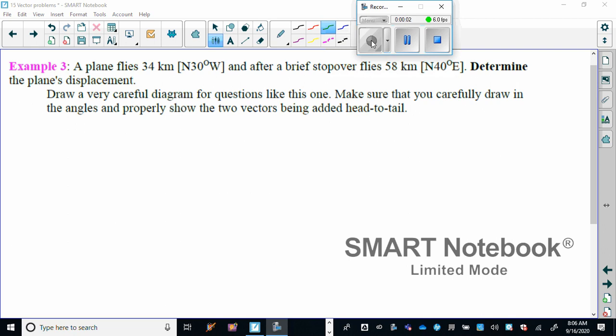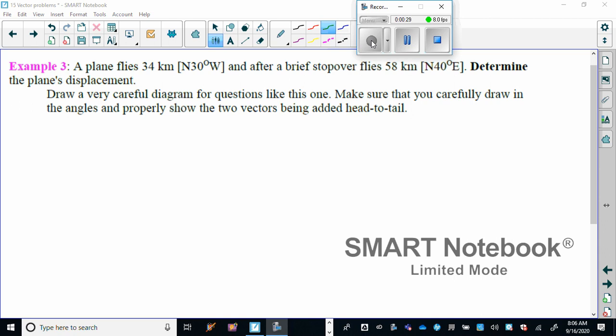Lesson 15, part 2. Probably the single most important problem that we're going to do all year. A plane flies 34 kilometers north, 30 degrees west, and after a brief stopover, flies 58 kilometers north, 40 degrees east. Determine the plane's displacements. Draw a very careful diagram for questions like this one. Make sure you carefully draw the angles to properly show the two vectors being added head to tail or tip